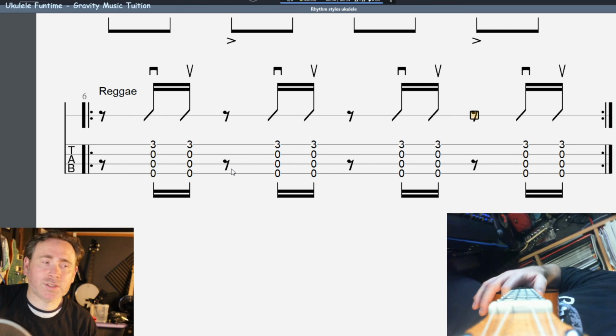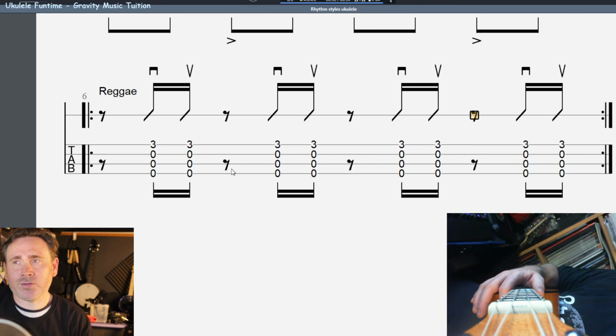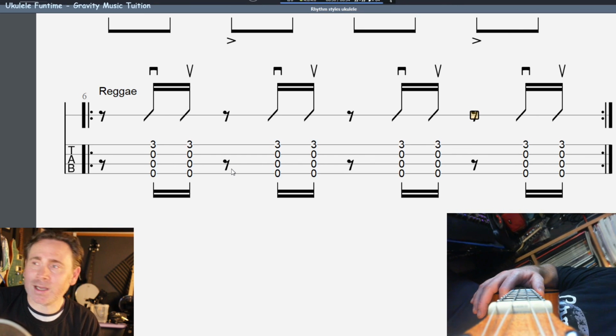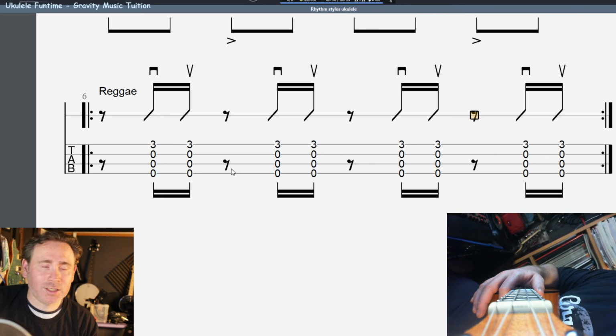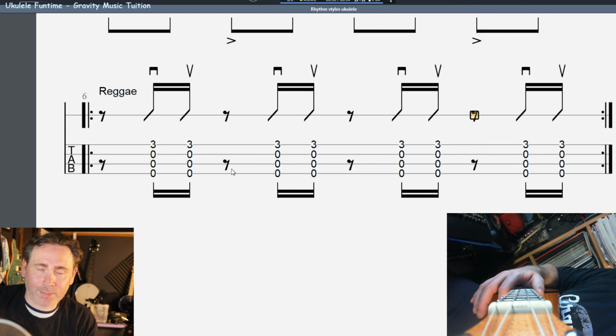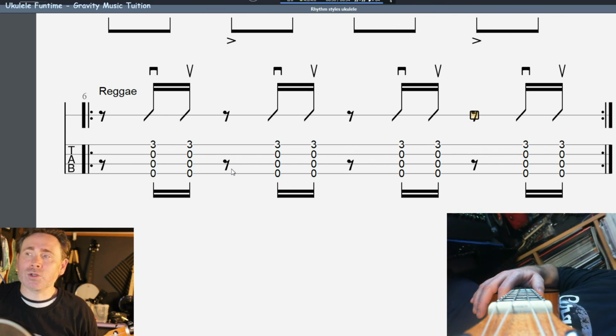So the point of this reggae rhythm, it's a lovely way of making anything sound reggae as well. You can take a song that's a pop song and make it into a reggae song by using the rhythm style. So, You Are My Sunshine. You can make it sound